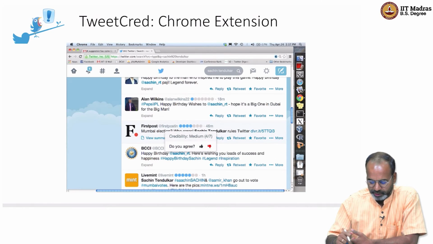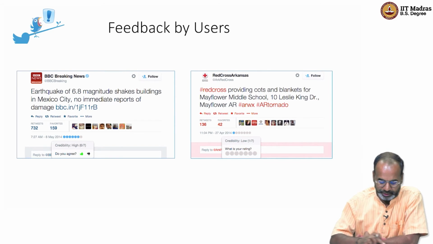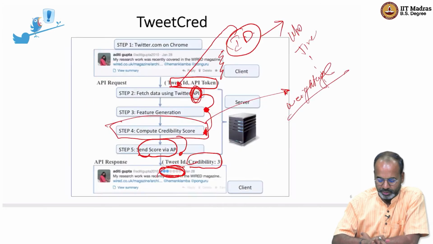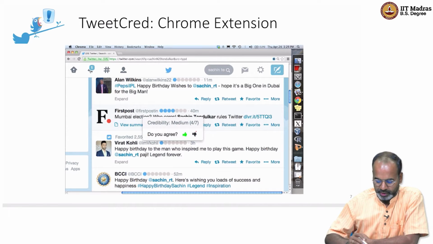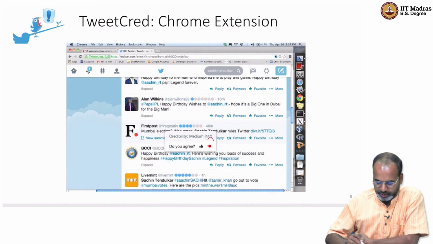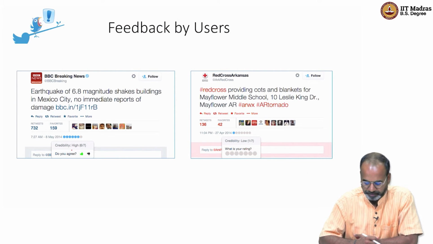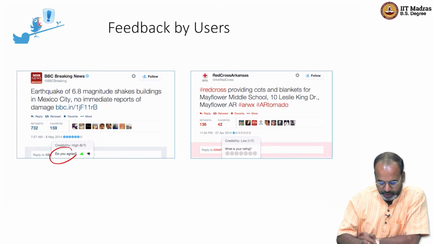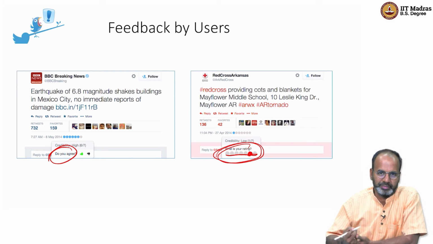So this is the "do you agree" step, and if you say disagree, then you have to actually give the score of what the value is. These two screenshots are the same as these two screenshots, right? So do you agree? Then, do you agree or disagree? This is when you disagree, it says credibility is 1 on 7. Now you want to say it as 4 on 7. You click it, and the value 4 is captured for this particular tweet.